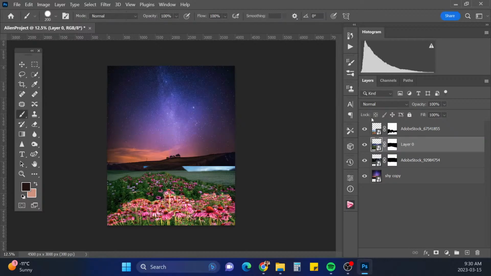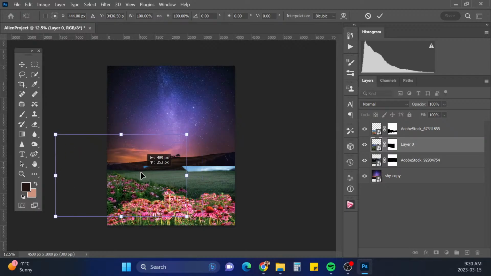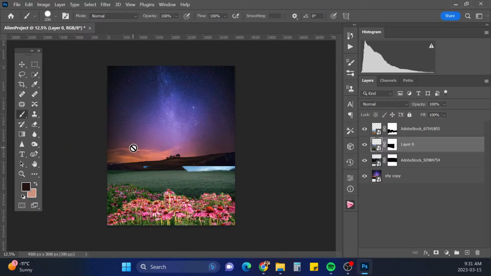I actually don't know if I even need that layer anymore. Maybe a little bit. But I'm gonna move it because I want to keep that grass in there, and I want more of these flowers. Like right there. Okay.